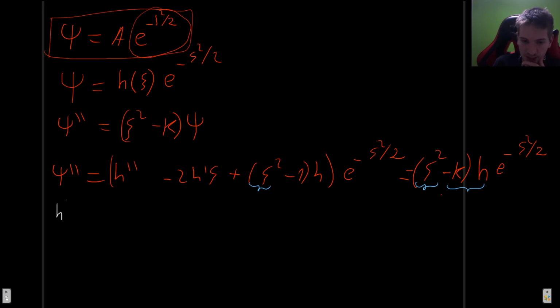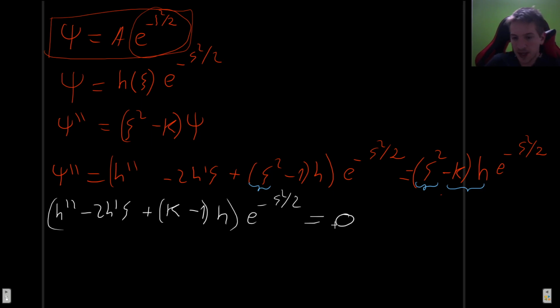So we get h prime prime minus 2 h prime psi. Now here we're going to get plus k minus 1 h, and well, that's it. And all of this times e to the minus psi squared divided by 2 equals 0. So in order for this differential equation to be correct, because now we are finding this h, just to put this into perspective, we already found that